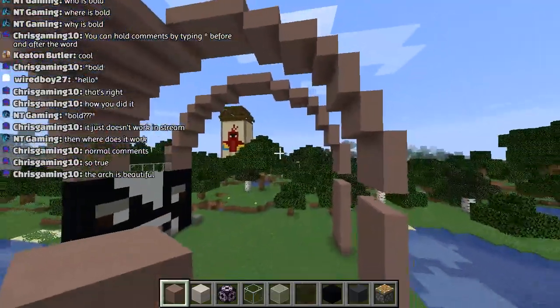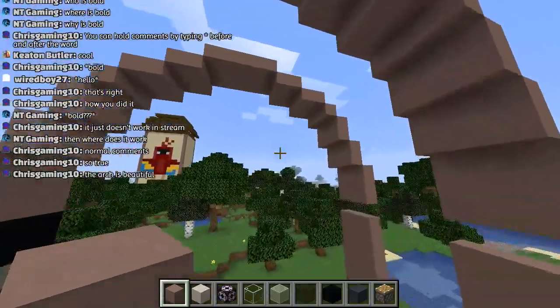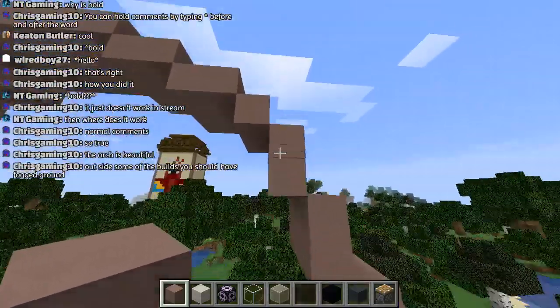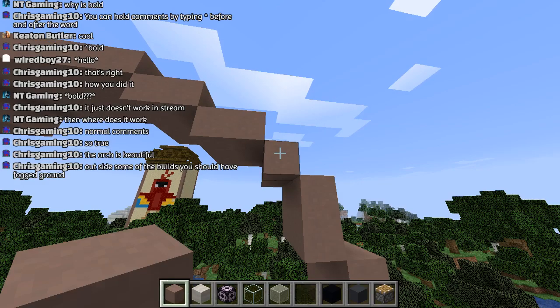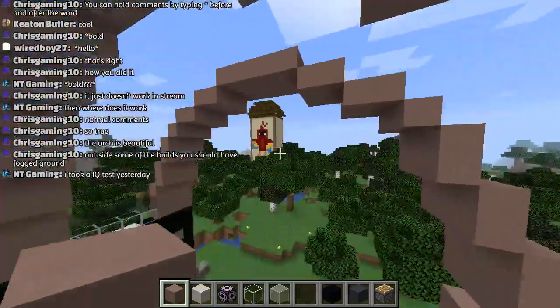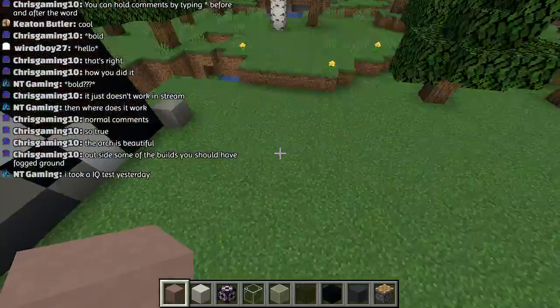That is actually the size. That is actually the arch, right? There's a 3 at the bottom, then 2 vertical 2s. You show fogged ground. What is fogged ground? I know what you mean. Do you mean like...